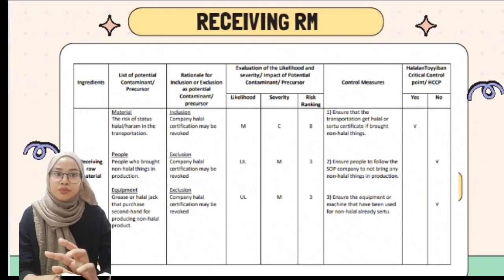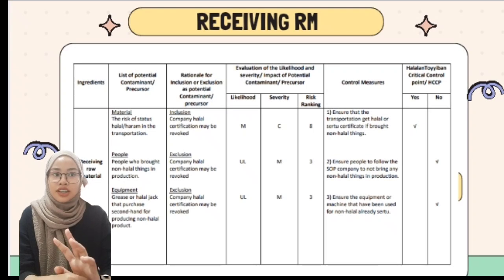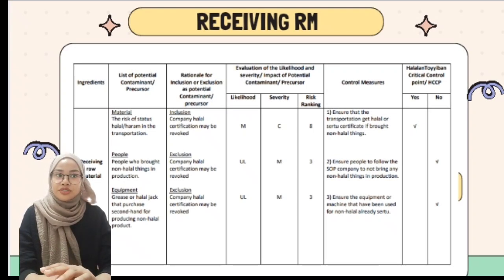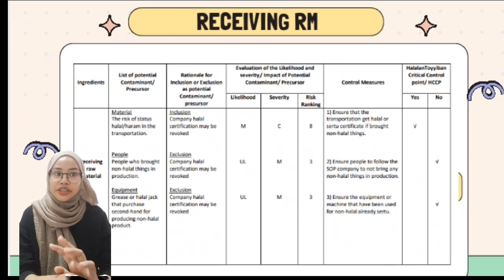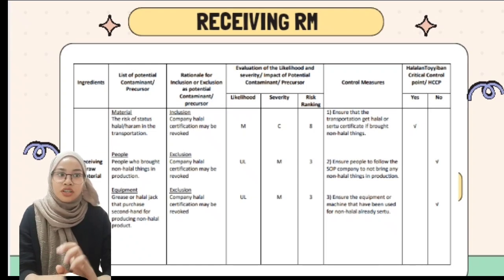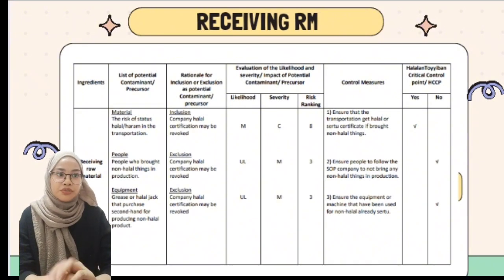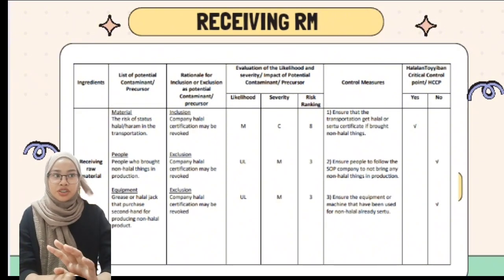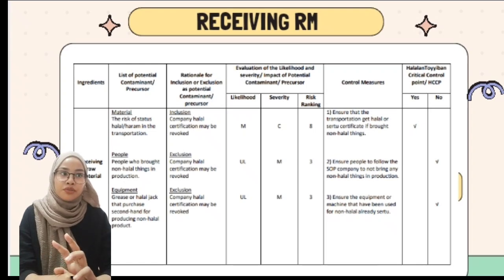For people who bring non-halal things into production, this is exclusion. Company halal certification may be revoked. Likelihood is unlikely, severity is moderate, so the risk ranking is 3. Countermeasure: ensure people follow the company SOP to not bring any non-halal things into production. So for halal tayyiban,